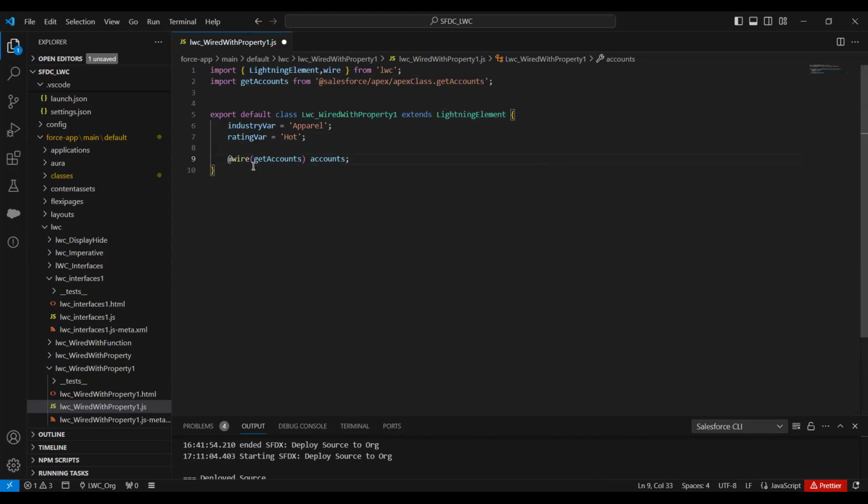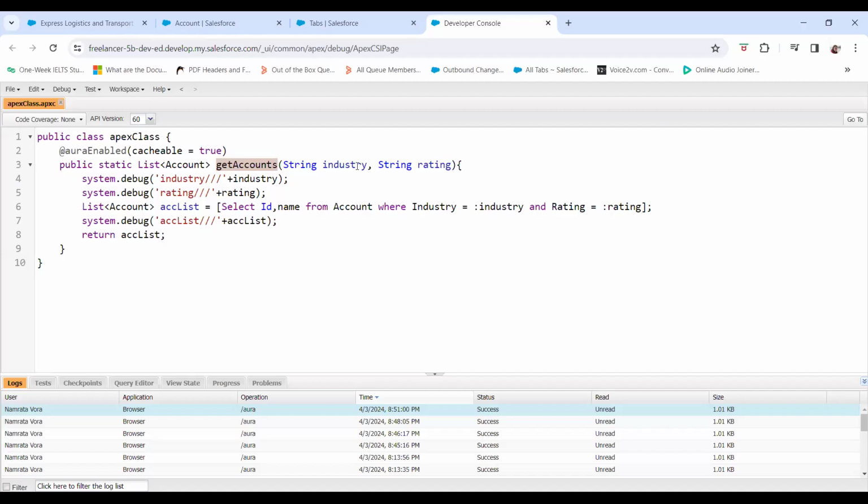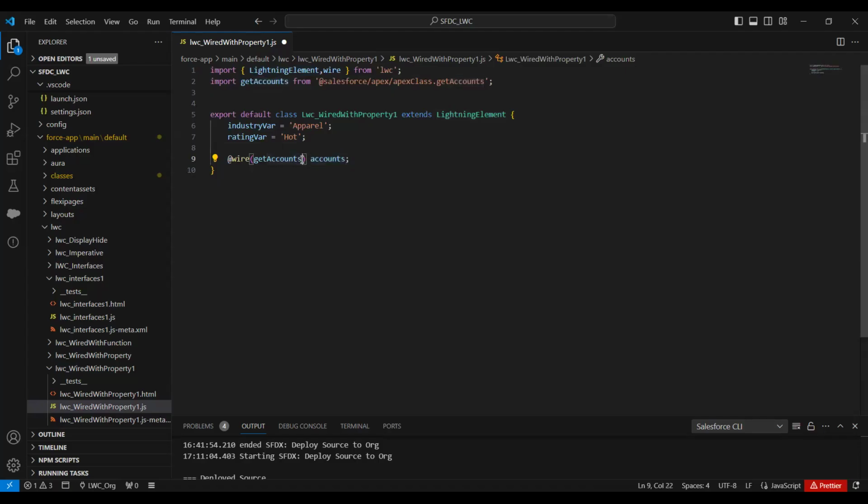Okay, here the syntax is very simple. First, I'm saying I am wiring. Wiring what? I am wiring this method, that same name I've given over here. And this is one of the variables, or rather the object, I've created over here. But now, like you see, in our Apex we are sending two parameters. So we need to pass them, right? So the syntax is we put a comma and then curly braces,